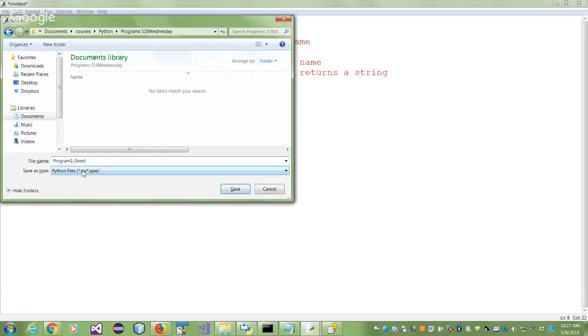And you don't have to give any extension. By default, they are saved as .py. If you were using Notepad, for example, instead of IDLE, please see that the extension of your program is .py. There is a .pyw, I forget the difference. I can't recollect it because it's been 10 years since I taught Python. I forget, but it will come back. When it does, it does. If it doesn't, Google.